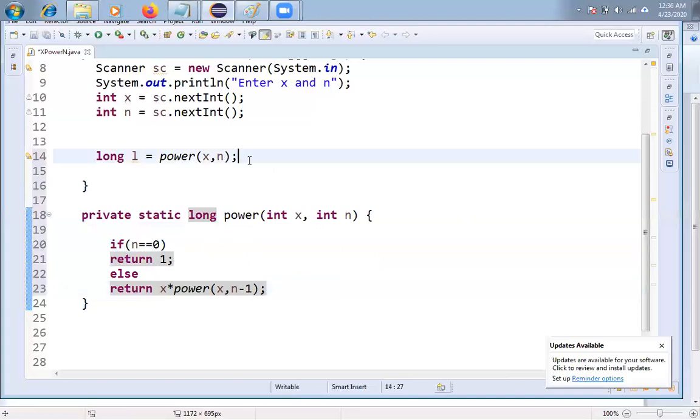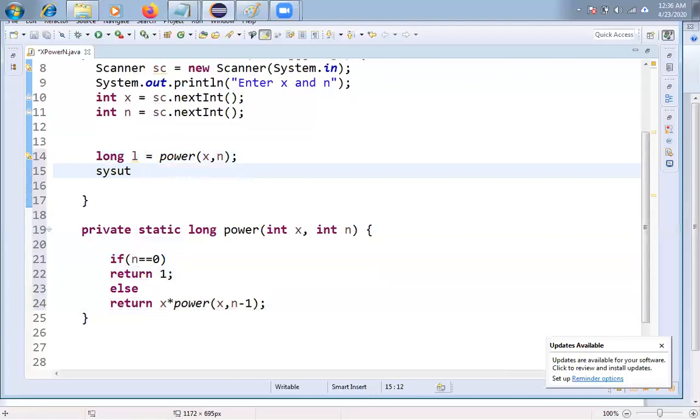So let me display the value, System.out.println. Then the result is available in the variable l. So display l. Let me execute whether my logic is working fine or not.